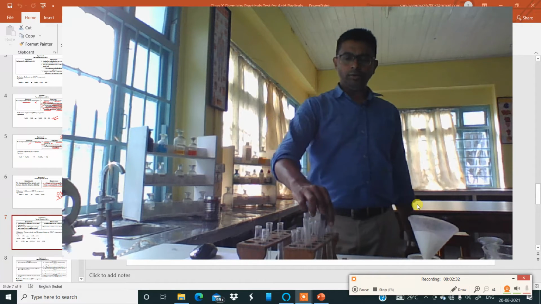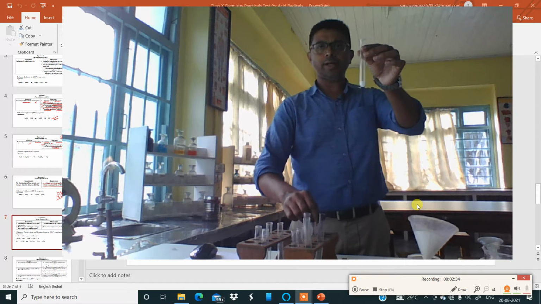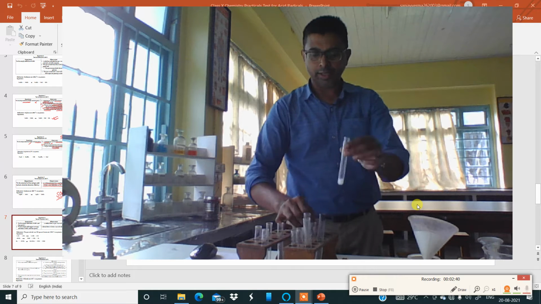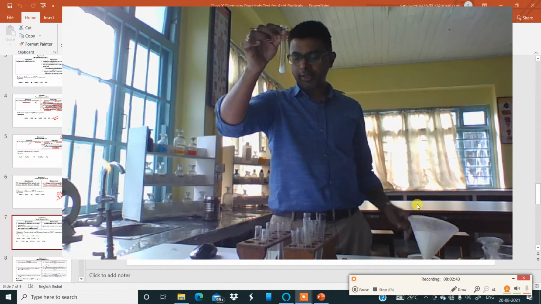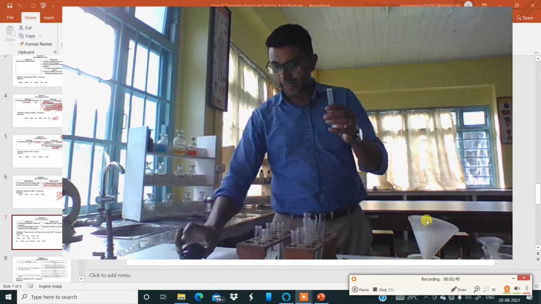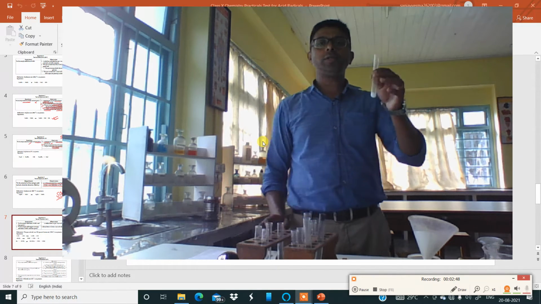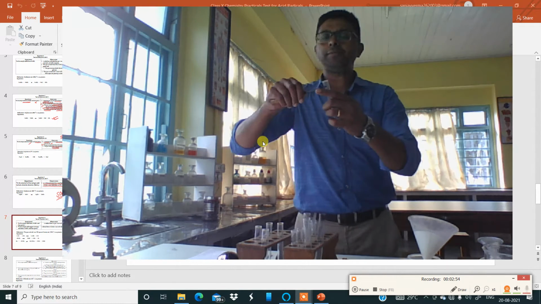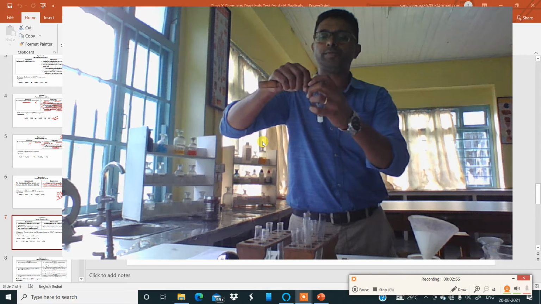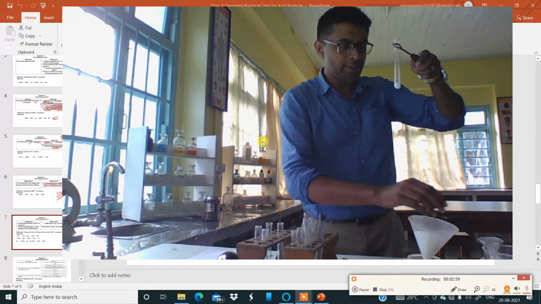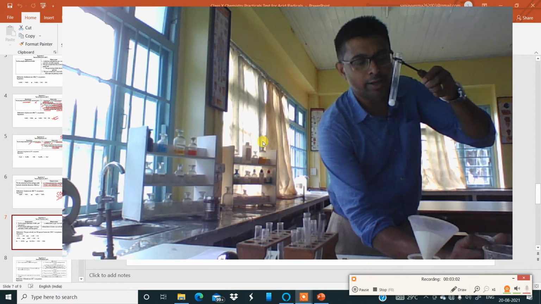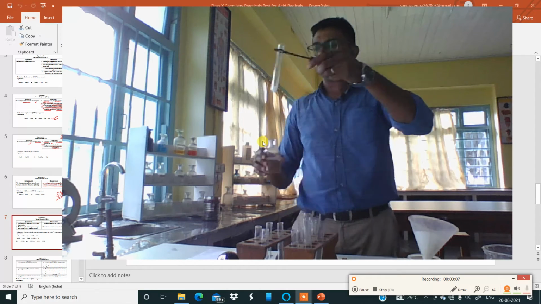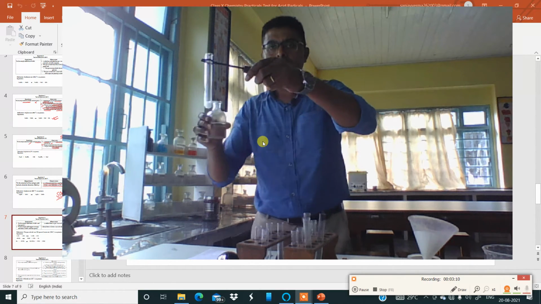So now I have taken test tubes containing zinc nitrate sample. Now to this test tube containing zinc nitrate, I am going to add concentrated sulfuric acid and then heat it gently. I will use a test tube holder for this purpose. I am going to add concentrated sulfuric acid, and the Bunsen burner flame is ready. So I am going to add concentrated sulfuric acid first. I think you can see, I'll add it over here.